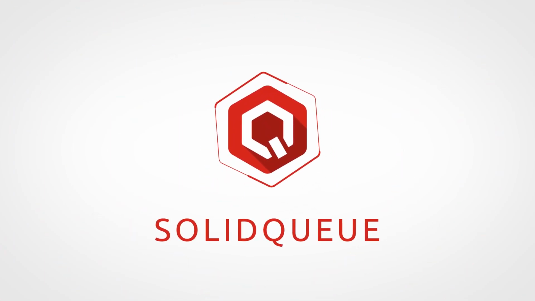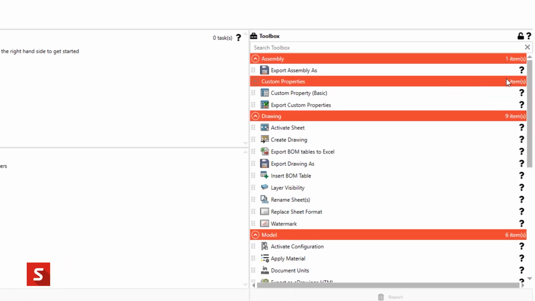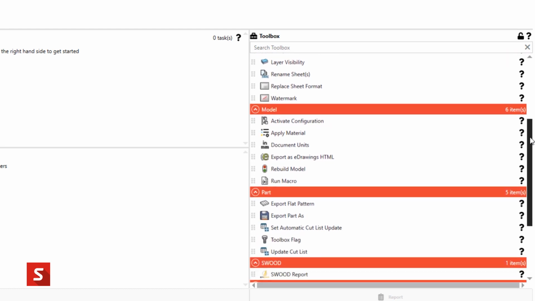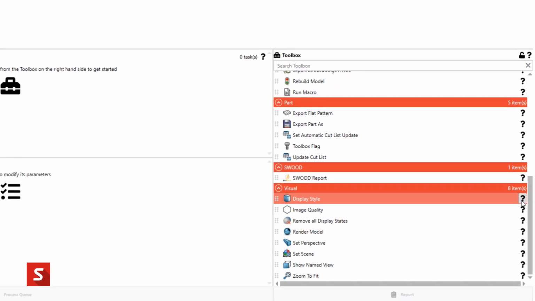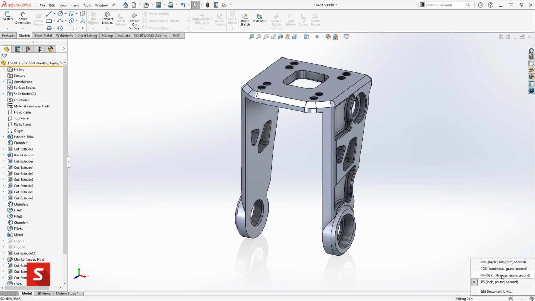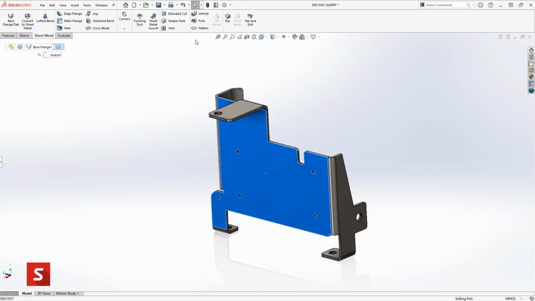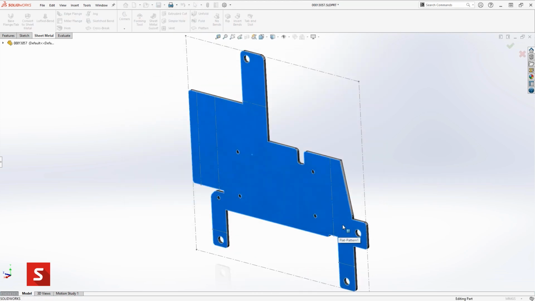SolidQ has been designed to help engineers and designers save time by customizing or automating key sections of their workflow. SolidQ comes with a number of tasks that can be applied to individual files or entire folders of parts and drawings. These tasks go beyond what is available with the SolidWorks Task Scheduler, and they allow you to automate actions such as watermarking all of your drawings, exporting files to various formats, changing units or applying materials to a file, or even creating flat patterns from sheet metal parts and saving them as DWGs ready for the laser cutter.